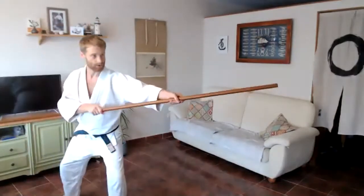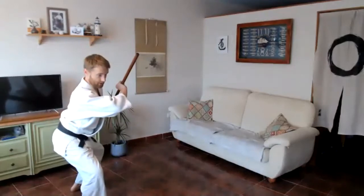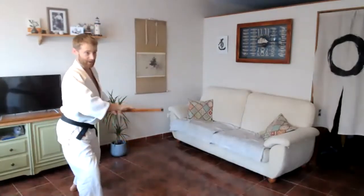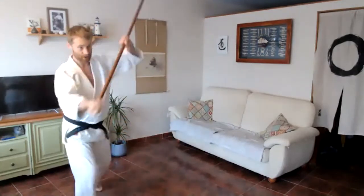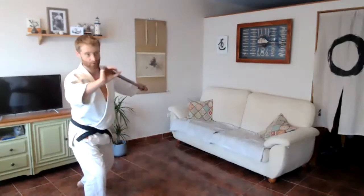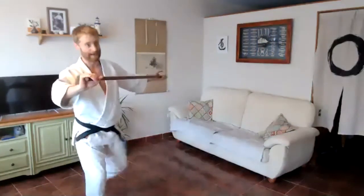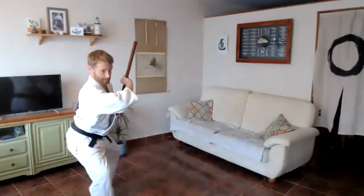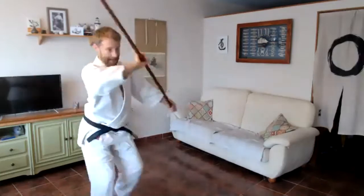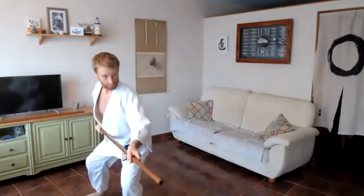Okay, the last movement is kind of 2 moves. So you go 1, 2, 3. So you've got this movement here, and then if you imagine the jaw coming down onto the top of the head this way from this position before, it's coming right down onto the body this way. So I need to bring the body in, and you're going to use the back end of the jaw to press down onto the jaw this way. So you go from this position, whole body comes in there, and use the back end of the jaw to press down,